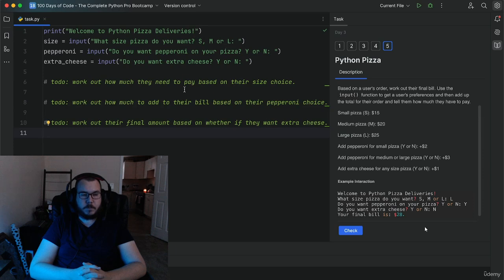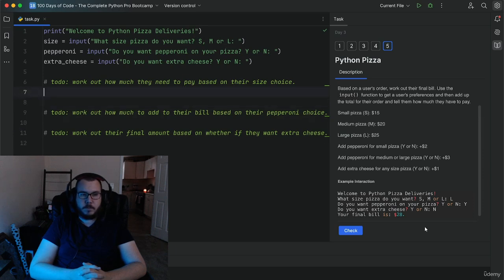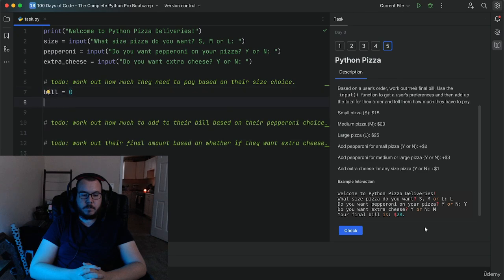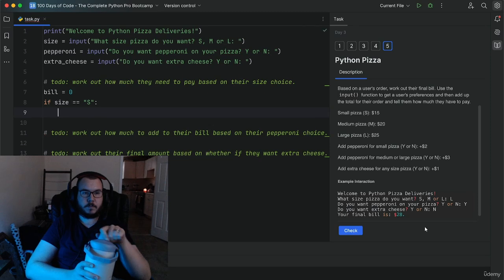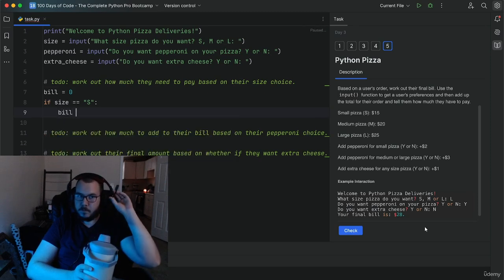Alright, so let's run through the solution together. The first thing we want to do is to work out how much they need to pay based on their size choice. So we've got all the prices here, and we're going to start off with a variable called bill that's going to start out at 0. And we're going to check the variable size. So if the size that they chose is equal to S, that means they wanted a small pizza. So then to the bill, we will simply add